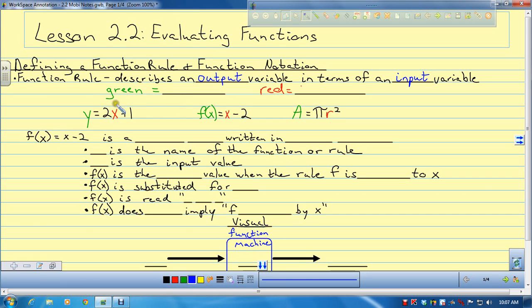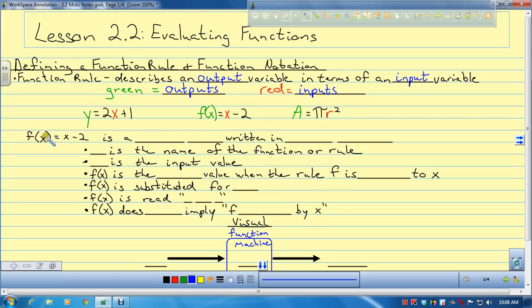Okay, so you take a look at these down here, you'll notice that everything in green is what these things are equal to. Okay, so for this reason, our green values here are our outputs. Okay, and everything in red are the variables that we are essentially plugging into the equation, right? So our red variables here are our inputs. Okay,